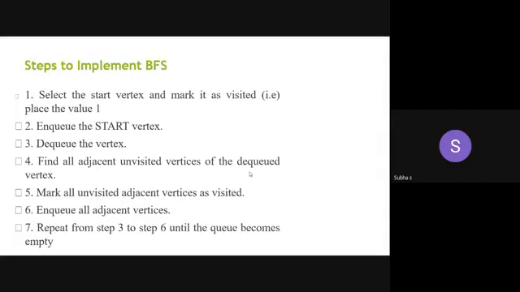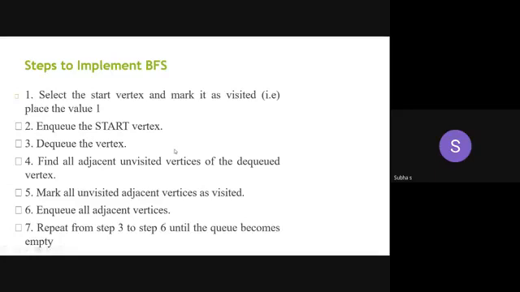So these are the steps for implementing your BFS. Let's start with any vertex. We can make it as the start vertex. Once it is visited, you have to make it as 1. Otherwise, initially all the vertices are unvisited, so it is 0. So if all the vertices are marked 1, what? Your traversal comes to the end. Okay. So second step is what? Enqueue the start vertex. Let's move on to the example.